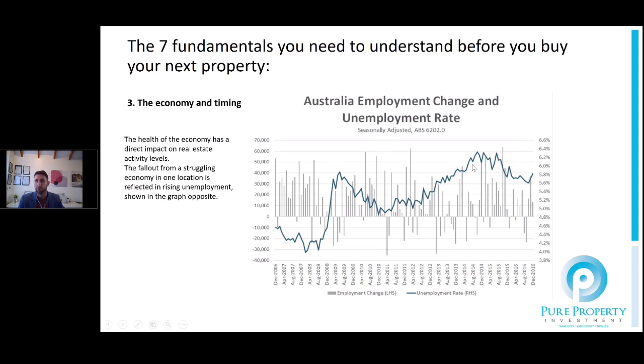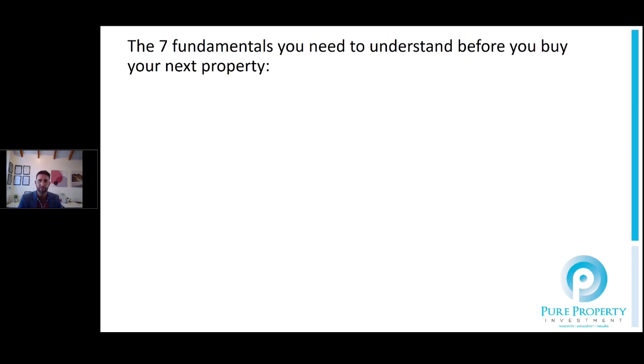But as that mining boom has now probably come to a bit of a crescendo and is now plateauing, we're seeing the transition into the services sectors and a lot of the mainstream employment sectors, which we've always relied on, which is seeing a relatively decent downward trend. But there are still some headwinds from a national economy perspective from the unemployment state. Again, it's something that I think you should be considering when buying in a particular state or a particular market.